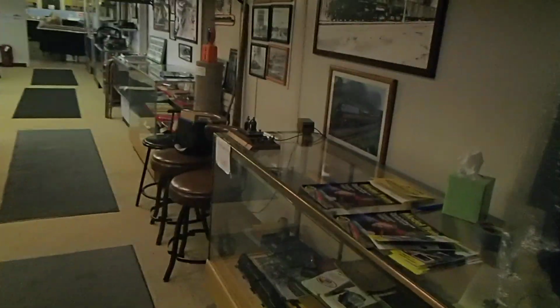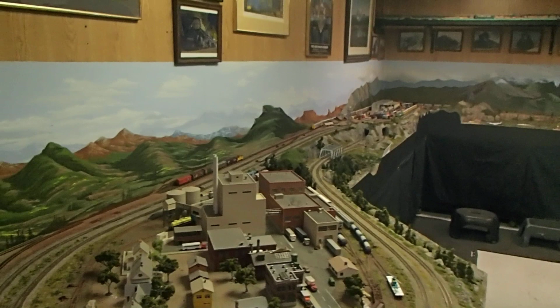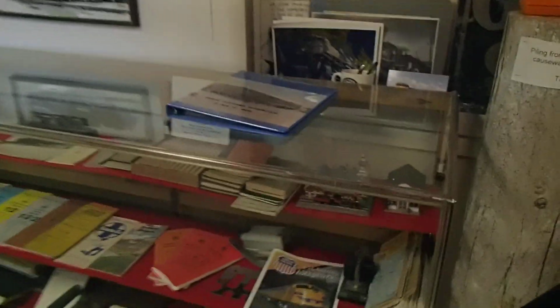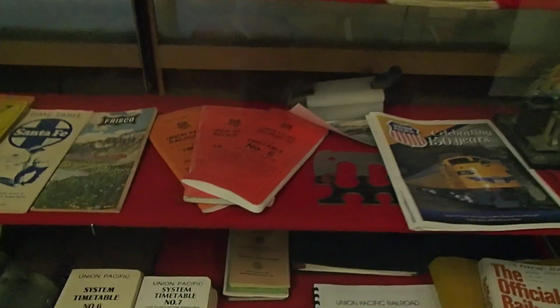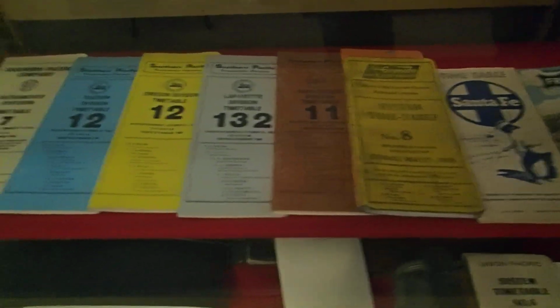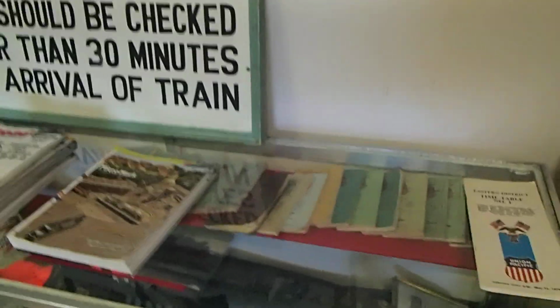Alright, so immediately into the entryway we've got displays full of different antiquities, people that have donated stuff, and things we're working on. This is our N scale layout, and I'll go into more detail in part B of this video. That's our N scale room. And then more cases. We have old timetables and different paraphernalia. Some of it's Union Pacific. There's other road names. Obviously, being in Pocatello, Idaho, Union Pacific is the ruling